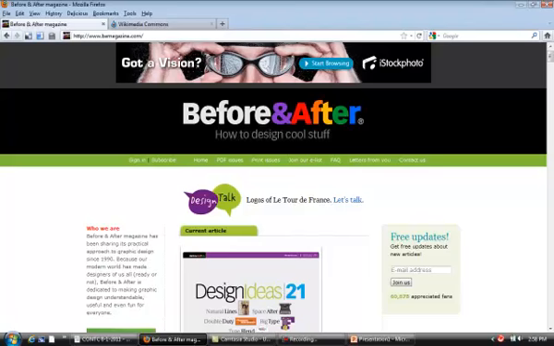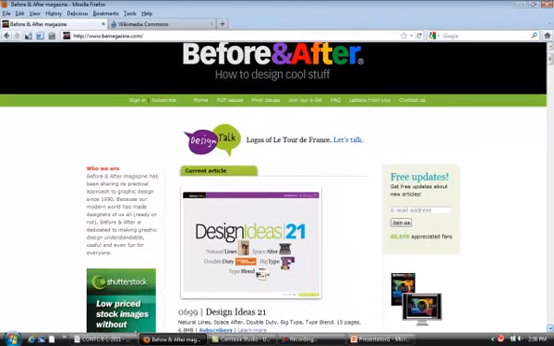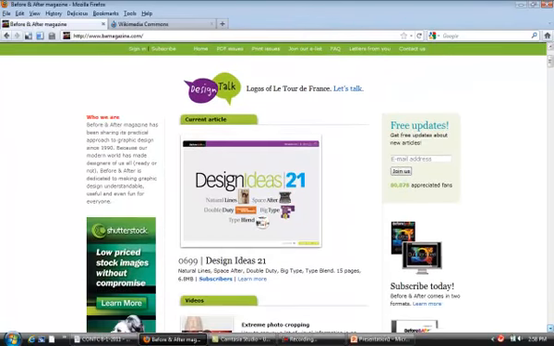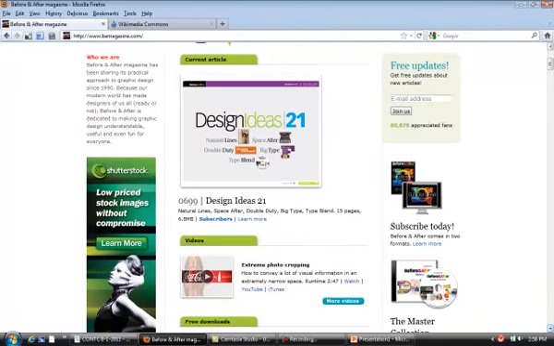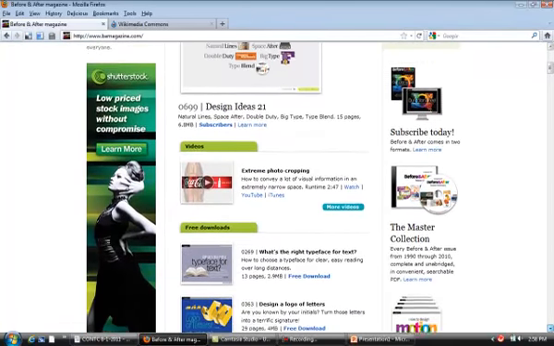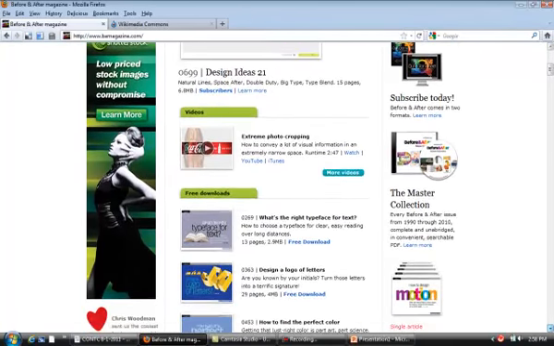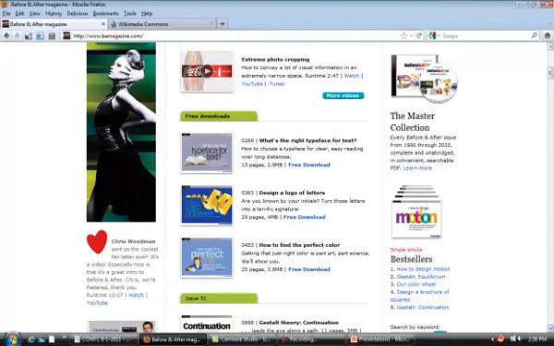The first one that we'll look at is the Before and After magazine site. Now, this site always makes me smile because this was actually one of the first magazines that came out on desktop publishing in the early 80s. It's been around a long, long time. It has now gone to digital format. Now, it's not inexpensive if you sign up for a subscription,